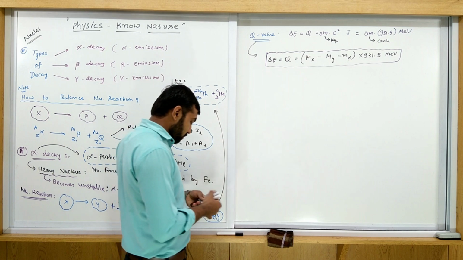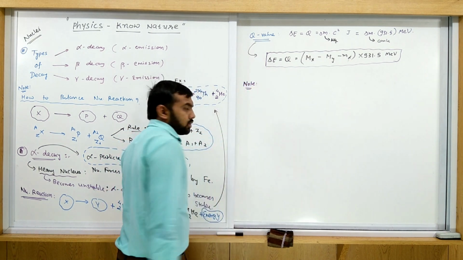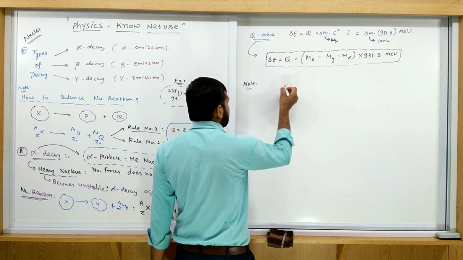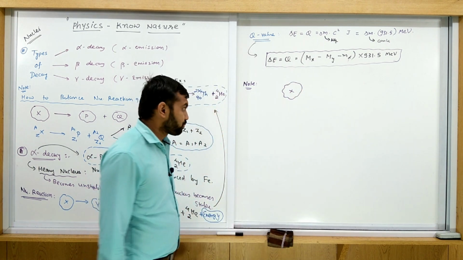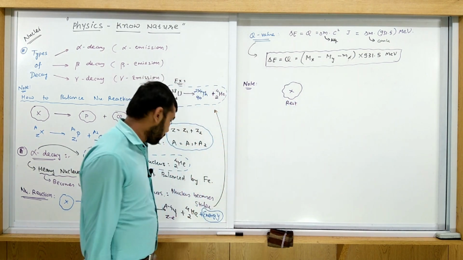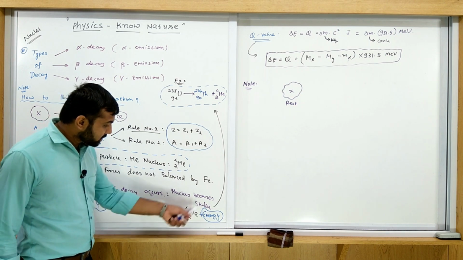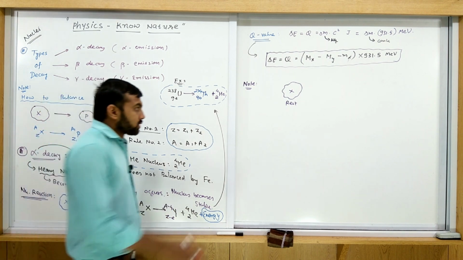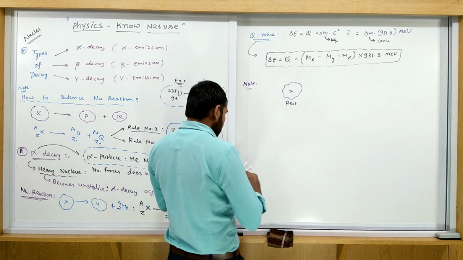Then the case is very simple. So you write this in your notes, one special note for this alpha decay. Let's see, consider that there is an X, and right now suppose X is at rest. You understand it properly? Suppose you have one nucleus, X. Now when this X releases the helium, the alpha particle, it is converted into Y. So initially it is at rest.